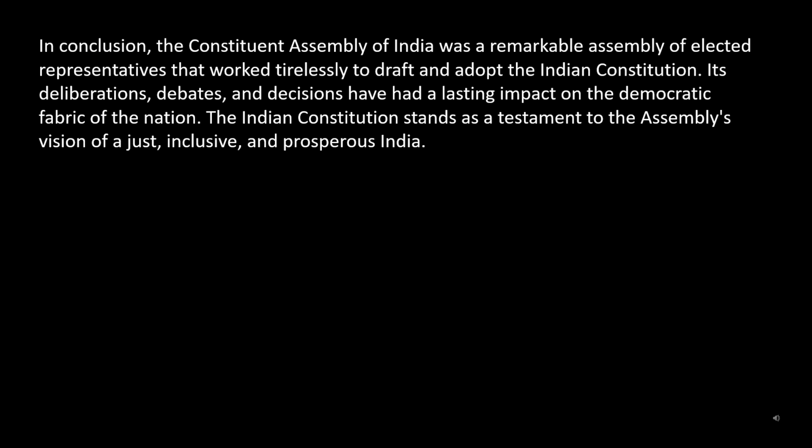In conclusion, the Constituent Assembly of India was a remarkable assembly of elected representatives that worked tirelessly to draft and adopt the Indian Constitution. Its deliberations, debates, and decisions have had a lasting impact on the democratic fabric of the nation. The Indian Constitution stands as a testament to the Assembly's vision of a just,